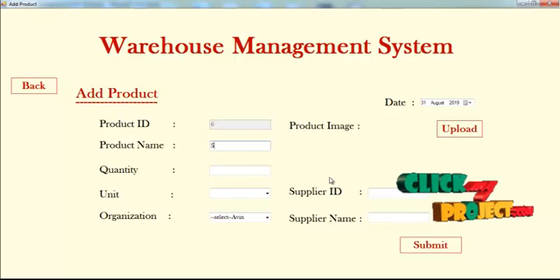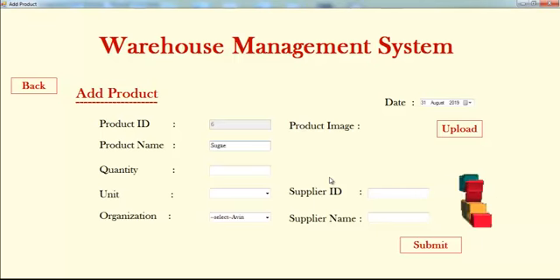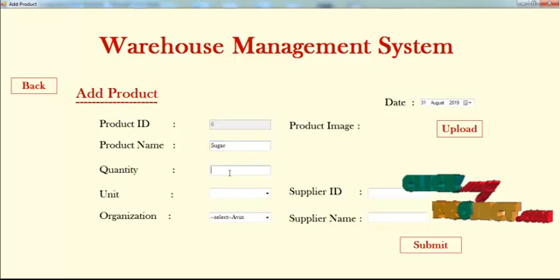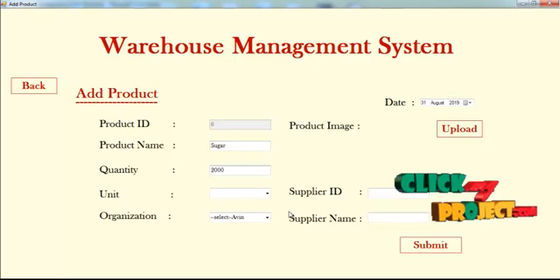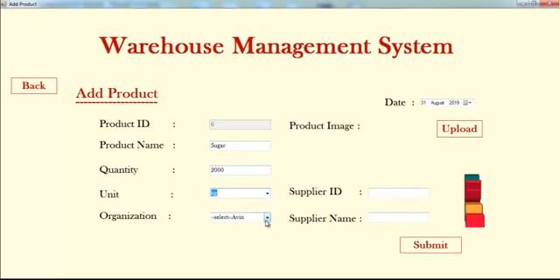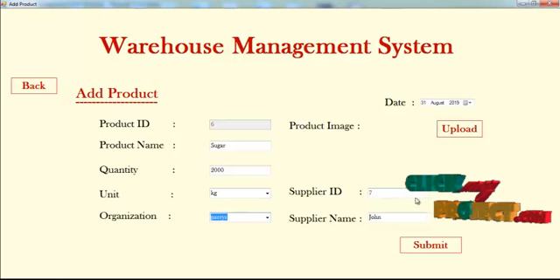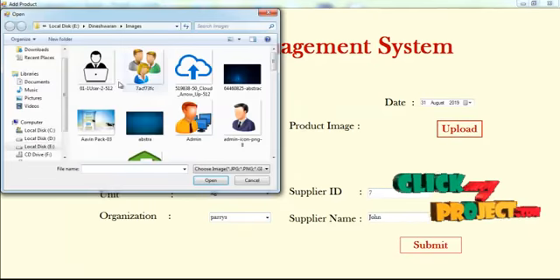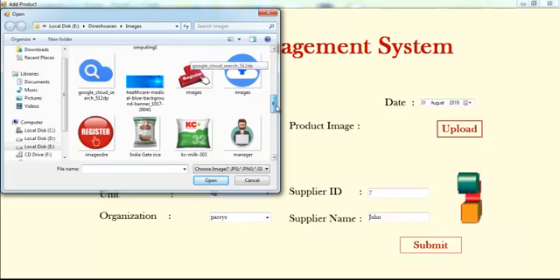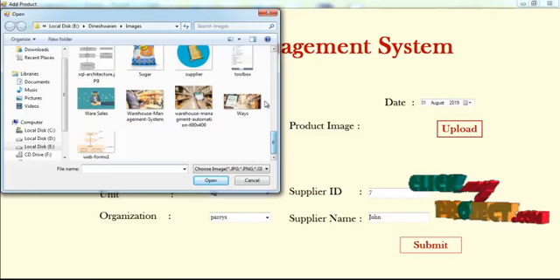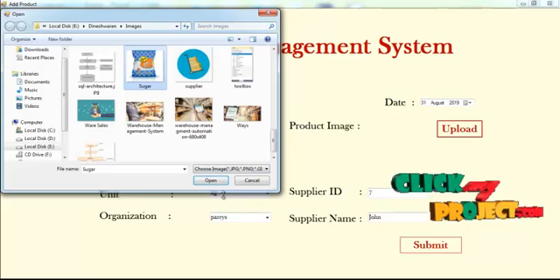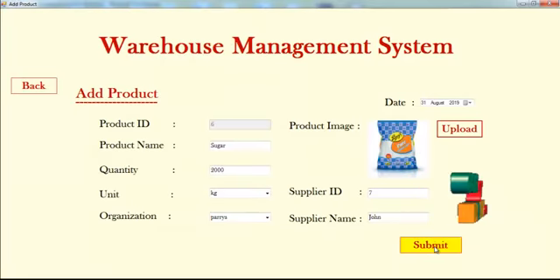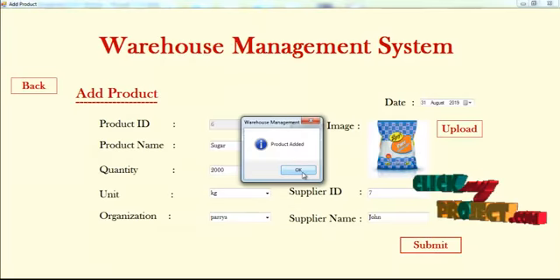Next, import the product. Product name, refresh, upload the product image. The product is added.